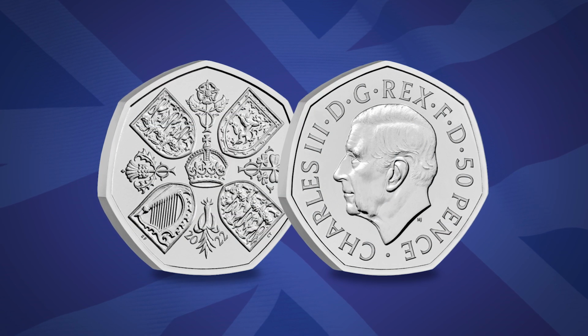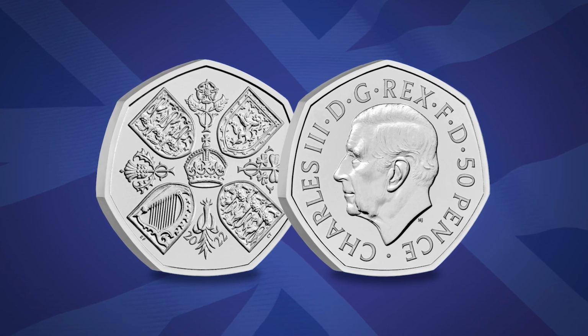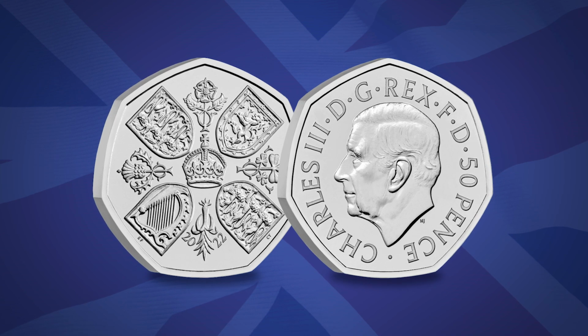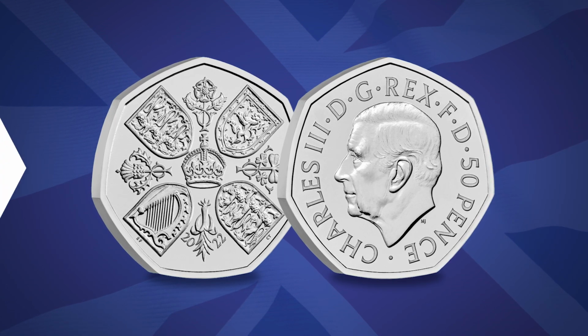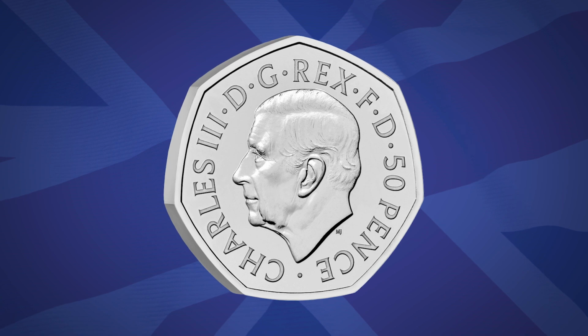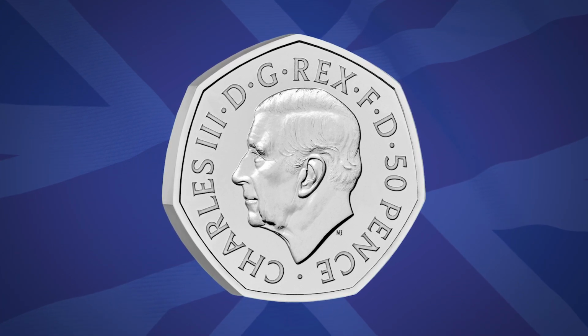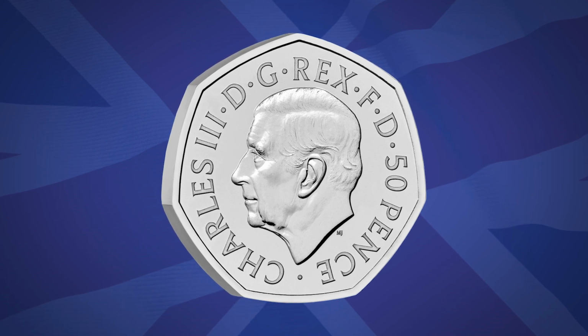Now, some of the most exciting news to come out of the month is the fact that we have seen, for the very first time, a brand new obverse portrait on our UK coins. The very first coins featuring this new portrait have been released to commemorate Queen Elizabeth II's incredible life and reign. But the obverse design is the most important thing of this coin. The fact that we have a brand new design showing the new King's portrait on coins for the first time